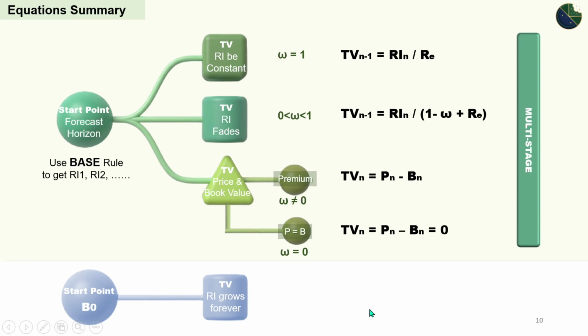Finally, at the bottom, the single-stage model. Don't let the name scare you. It is essentially the Gordon Growth model, just with the II1 instead of D1. One final nagging reminder. No matter which scenario you use, when you calculate all the present values, use your calculator's CF and NPV function. Never ever forget to add the initial book value B0.